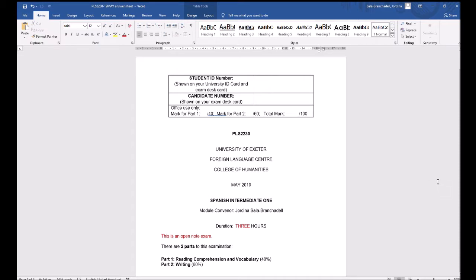Okay, first thing I recommend you to do is to save the file with a different name. As you can see here, I've saved it as answer sheet so that we can play around with this document safely with no risk of losing any information from the original exam paper. So once you have this new